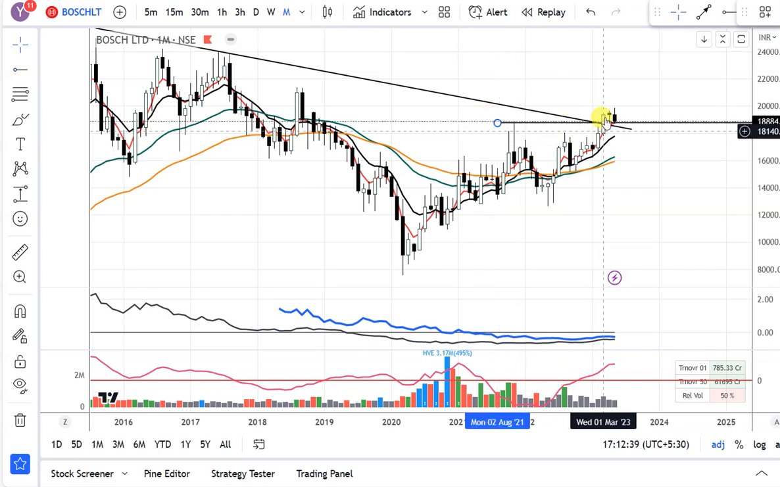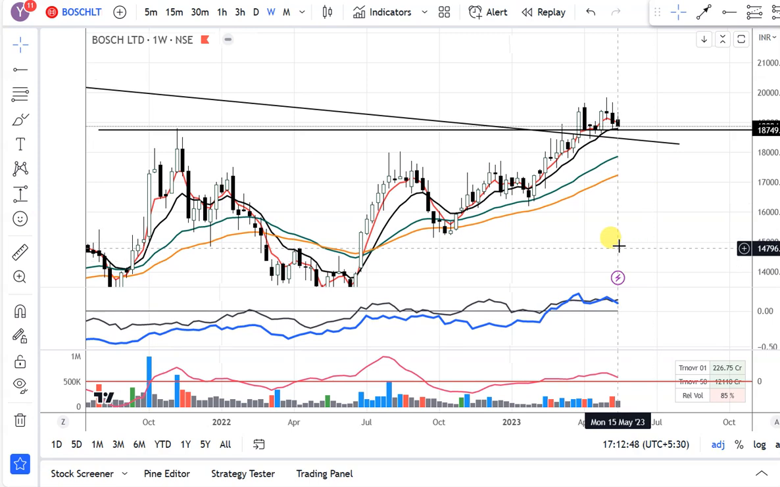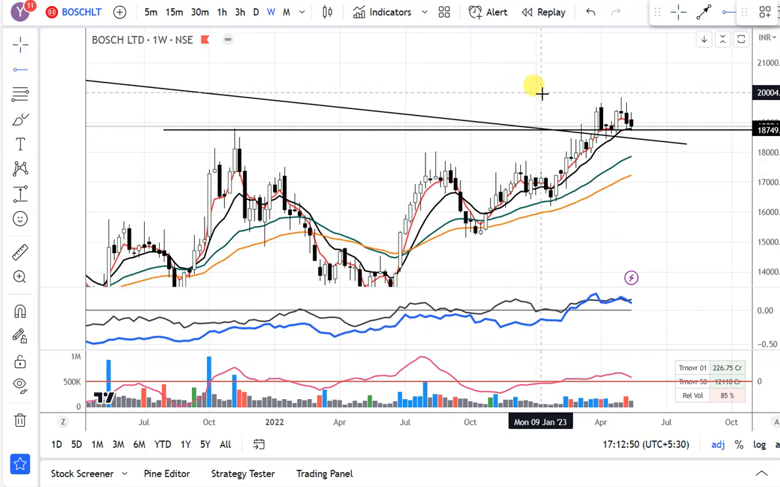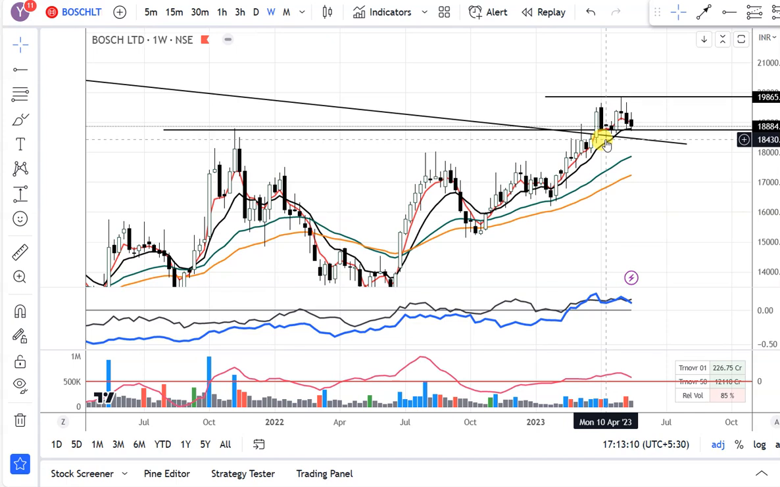So, what are we going to do on the weekly time frame? The stock is creating a sideways momentum. So if Bosch gives a good closing above 19,865 rupees, with the weakness level of around 18,430. So 18,430 becomes the weakness level, and the strength level becomes